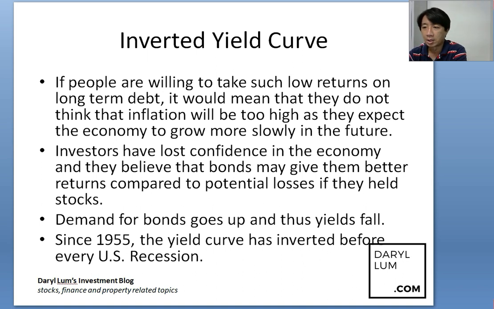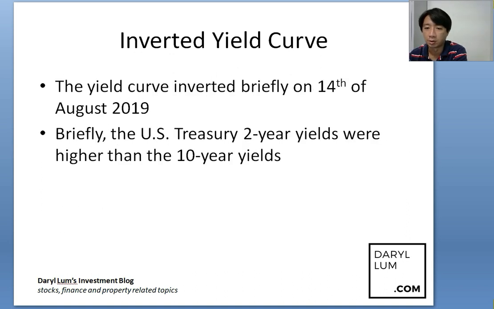Since 1955, the yield curve has inverted before every US recession. So what actually happened? The yield curve actually inverted briefly on 14th of August 2019. So just about a month ago, the yield curve inverted. Briefly, the US Treasury 2-year yields were actually higher than the 10-year yields. It actually meant that if you put money into a 10-year yield with